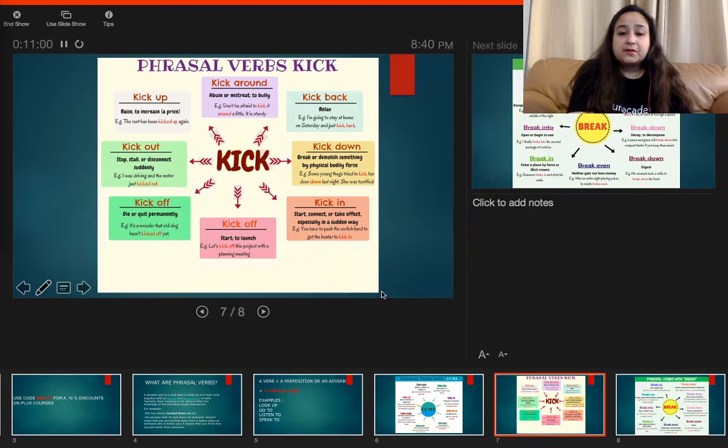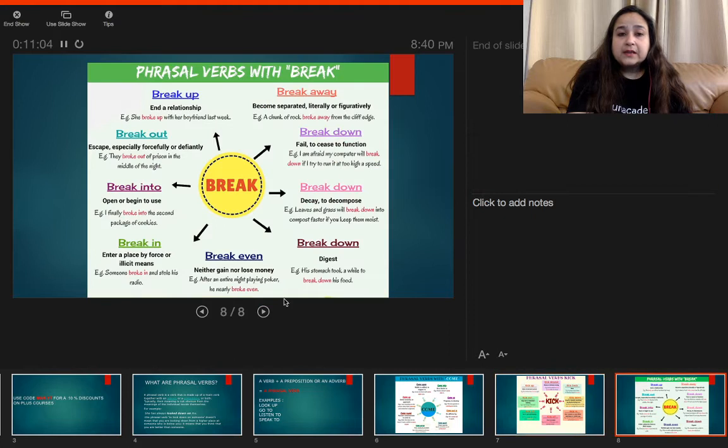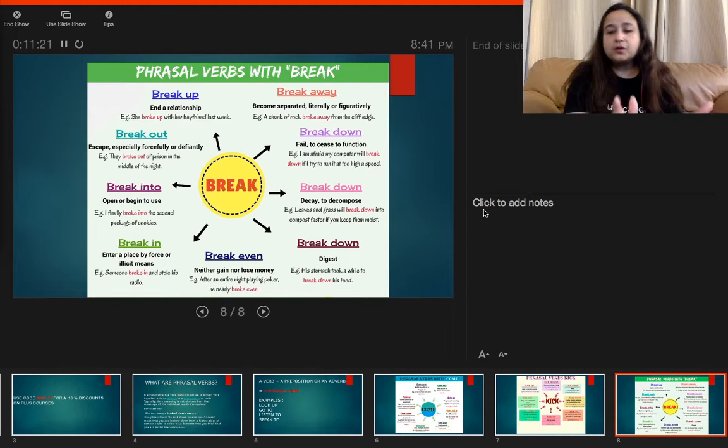All right. So, these were some of the phrasal verbs that we were doing today. The next one is break. Now break can be used again in different ways. So break up. Break up is to end a relationship. Now this is a very very common phrasal verb. We always talk about that they just broke up, means they are no longer in a relationship. So she broke up with her friend or she broke up with a boyfriend last week or something like that.